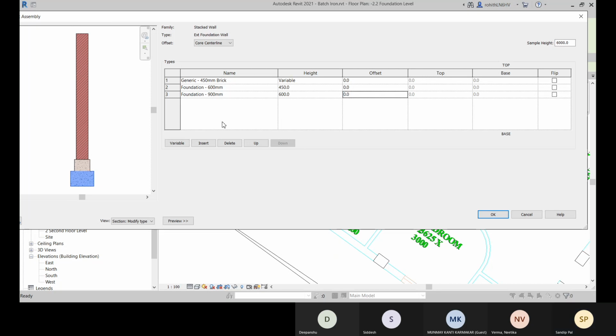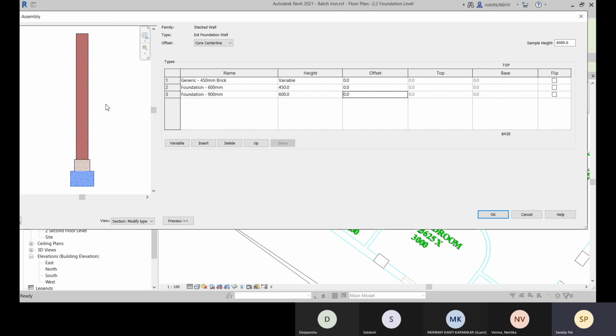Now we have this offset, and the offset will be calculated from the core center line. All right, so every wall has its core. So the core is that structural layer. All right. So for these sub walls, these are actually generic walls. So for this, we have one common core, right?